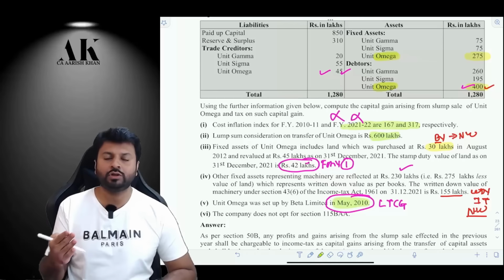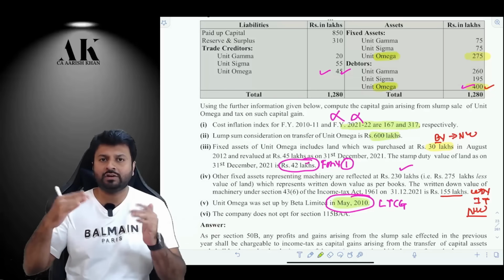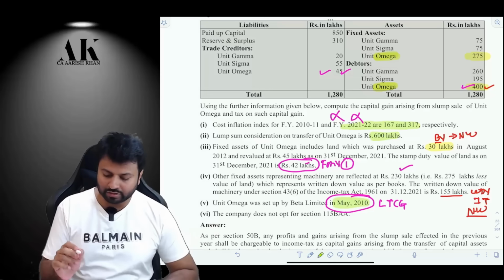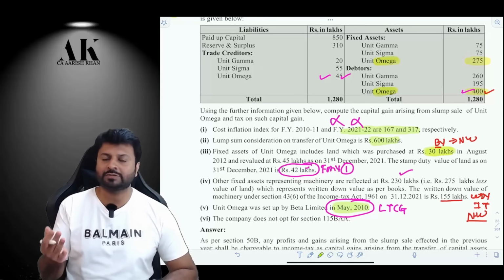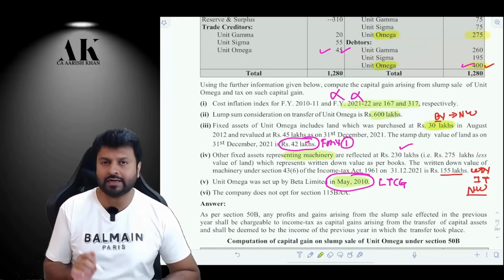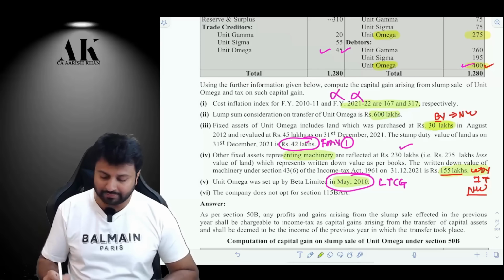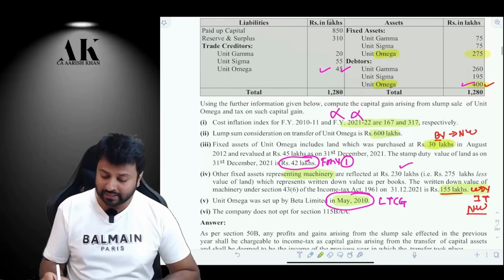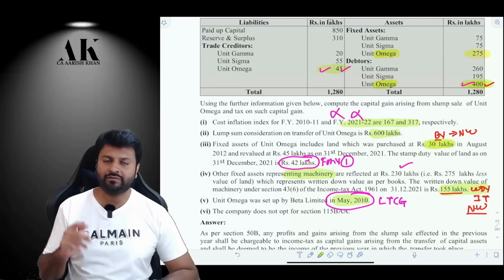In slump sale, you have to compute your sale consideration and your cost. Your sale consideration is FMV1, FMV2, whichever is higher, and your cost is your net worth. First, I am computing the cost. In cost, what all things will come? First of all, fixed asset, land. Land will be valued at book value as per the net worth calculation. Okay. Then comes the other fixed asset, that is your tangible fixed assets like plant machinery. That will be valued at WDV as per income tax law. So I will take 155 lakhs. Then for debtors, I will take book value, that is the balance sheet value, and for liabilities also I will take book value, that is 45 lakhs. I will get my net worth.